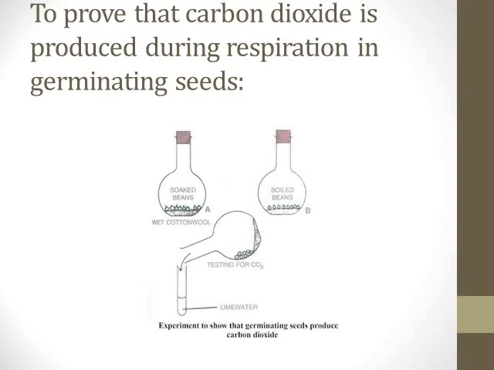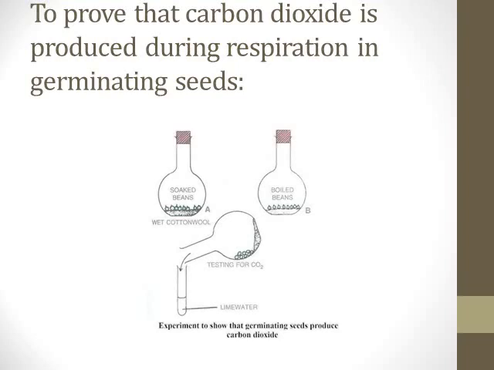So the gases in each flask are then tested by removing the cork. For this, we are going to take some lime water in a test tube, and the gases produced in the flask are tested with the help of this lime water. The expected gas, carbon dioxide, being heavier than air, flows down into the test tube.